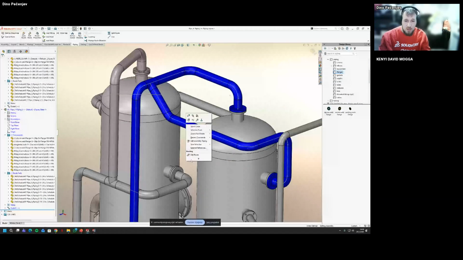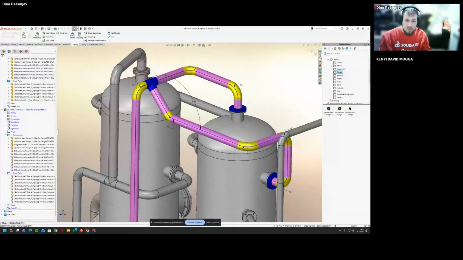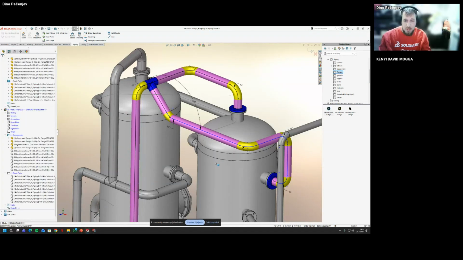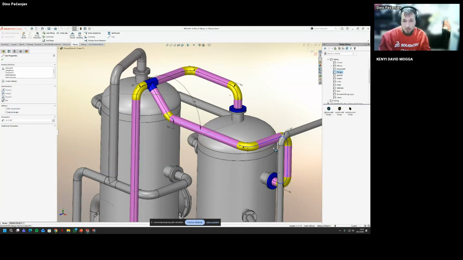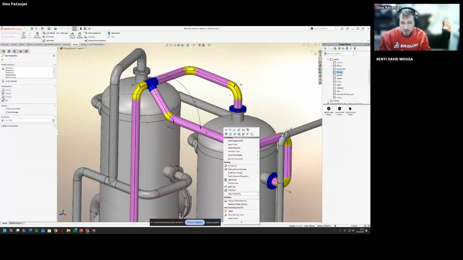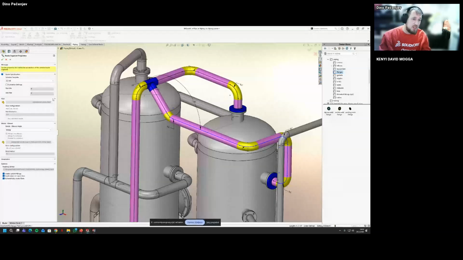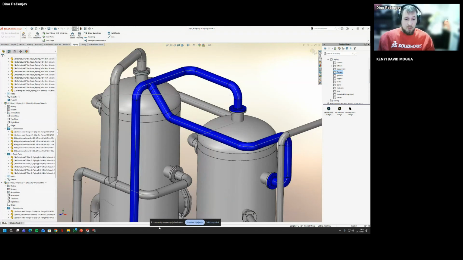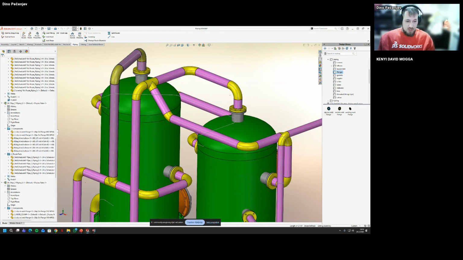And also, when editing route, there is a right click option which is specific for this part of the route. Because it goes from the T to the flange, right click, and we have route segment properties where we can edit if, let's say, we need a different pipe or anything else to use. So that's where we use this part. And we're done with this bit, and let's go back to the presentation.